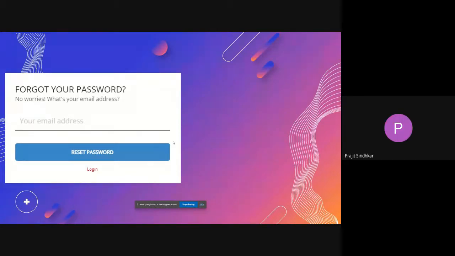Yeah. This is the most common functionality. Some answers on what bugs you would find in this point. Forget password. No rate limit, we can say. Correct. No rate limiting.